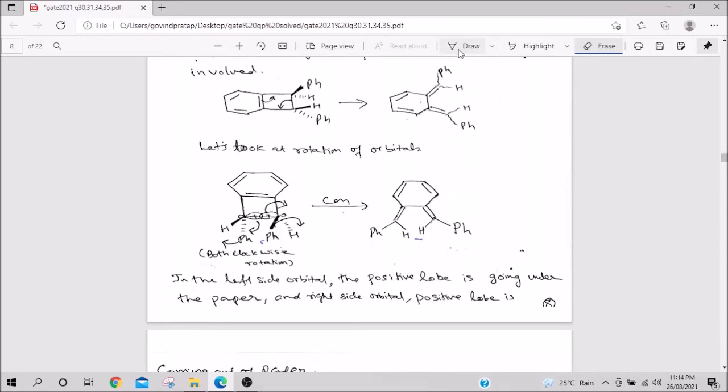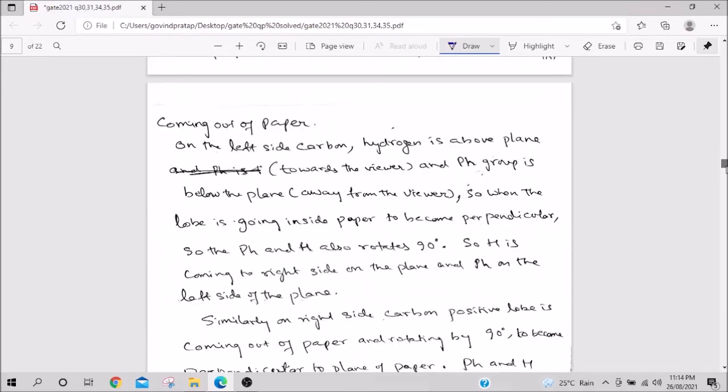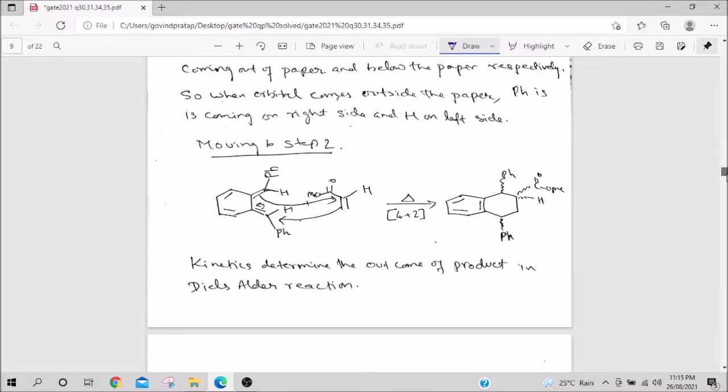So very clearly what we are getting is those bulky groups are on the exo and both H are inside, okay. You can give even E and Z if you want, but not needed right now. And then next what happens is you are reacting with this molecule. This is diene, this is dienophile. So reaction is very simple. This pi bond comes here, pi bond comes here, this pi bond moves here, and this pi bond comes here.